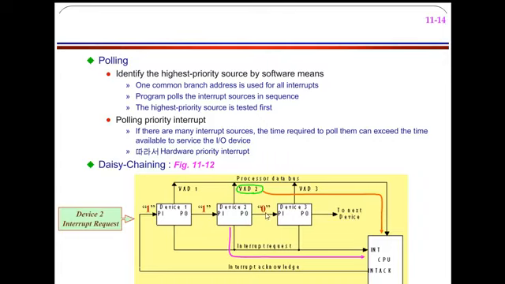Now, assume that the output of this one, PO of device 2, is 0. Why is it 0? Because I don't want to inform them that device 3 gets a positive acknowledgement, since device 2 wants the service, not device 3. If device 3 also wants the service, first device 2 will be provided service, later device 3. That is why you get a 0. 0 means a negative acknowledgement for device 3, so device 3 will wait until device 2 finishes its service.